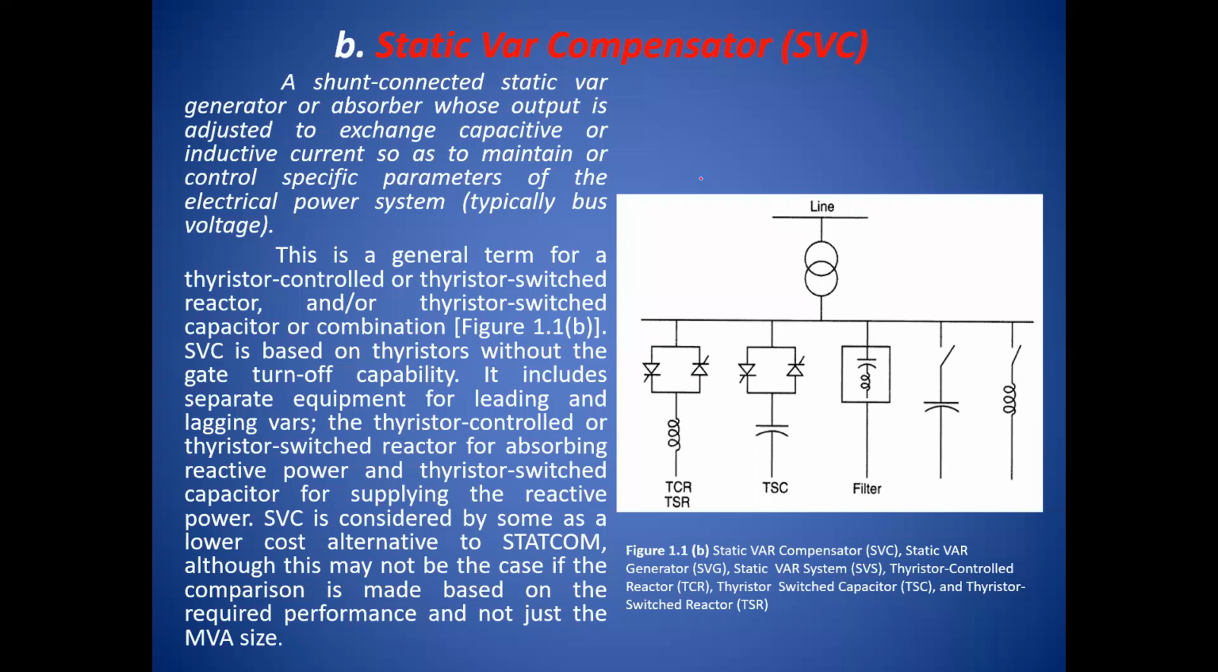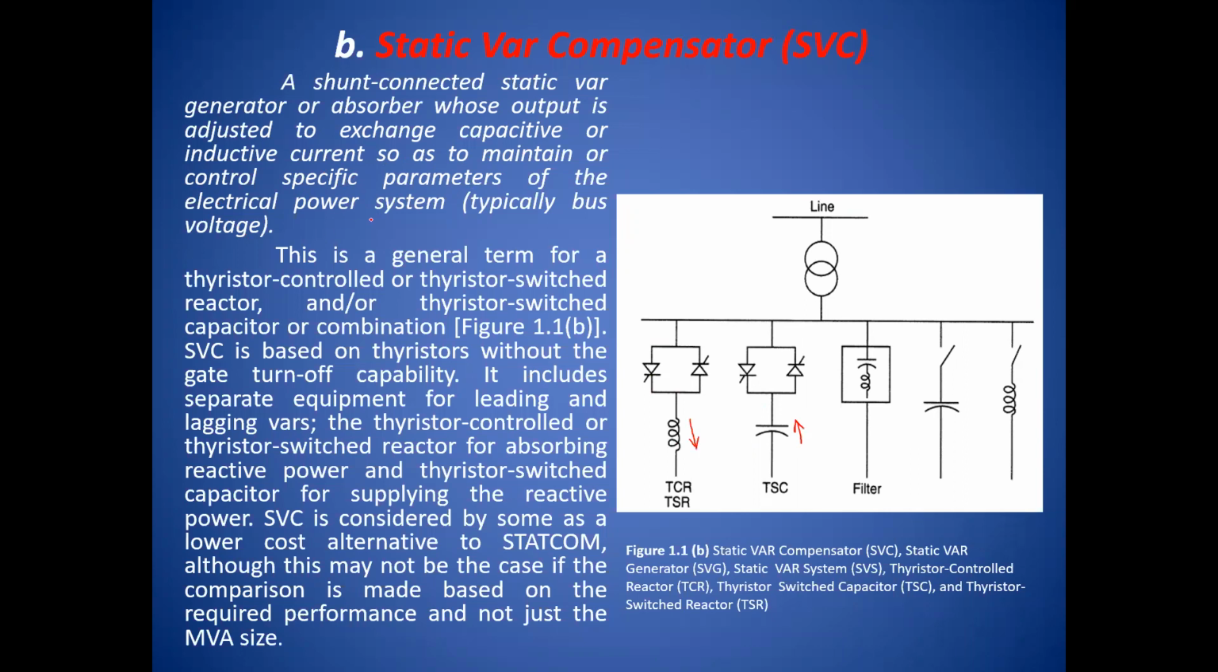So all of these are shunt connected static VAR compensators. Let me repeat: a shunt connected static VAR generator or absorber either generates VAR, that is reactive power, or absorbs it. When it is an inductor, it absorbs current, whereas when it is a capacitor, it delivers reactive current. It is adjusted to exchange capacitive or inductive current so as to maintain the specific controlled parameter of the